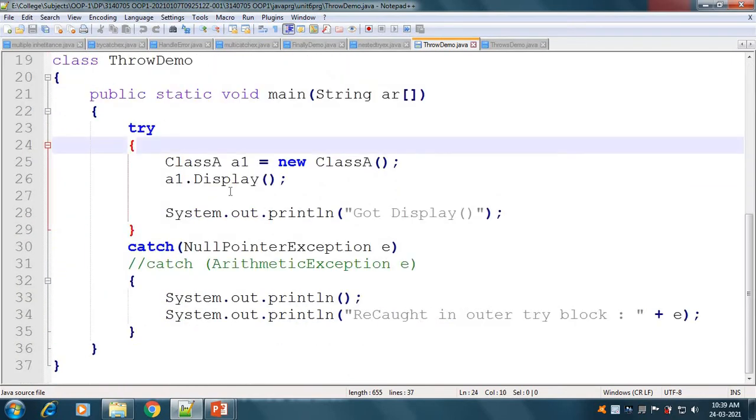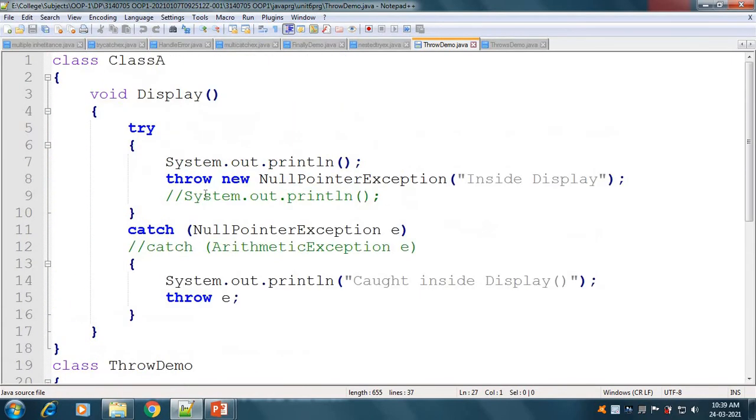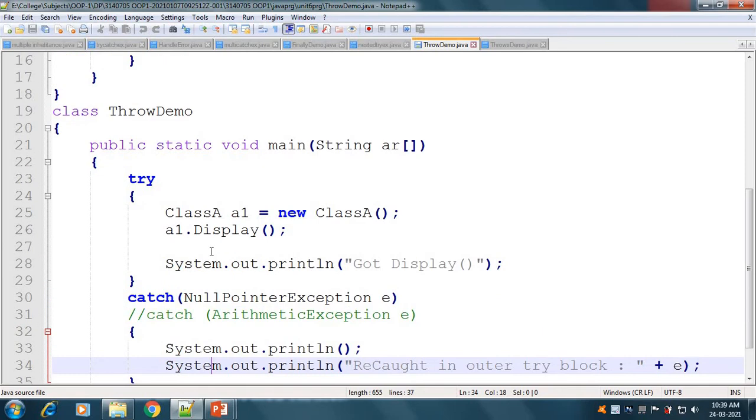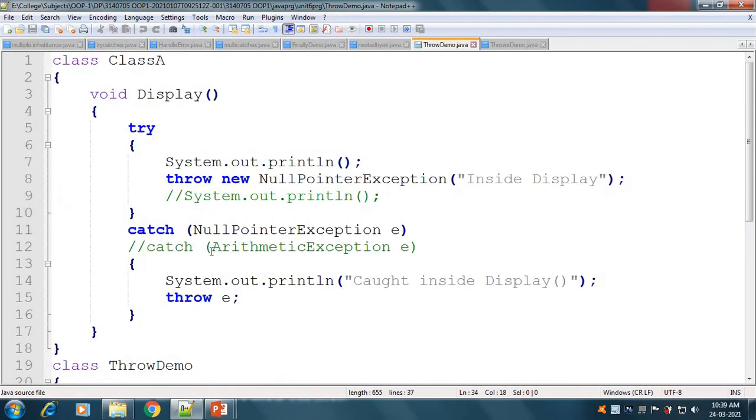If the display method has this exception, then it will be handled by this catch, and after calling the display method, if any other exception is there, then it will be handled by this catch block. Okay, so this is an example of the throw keyword.